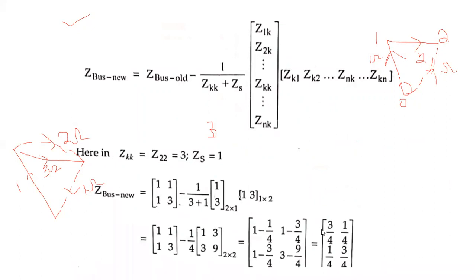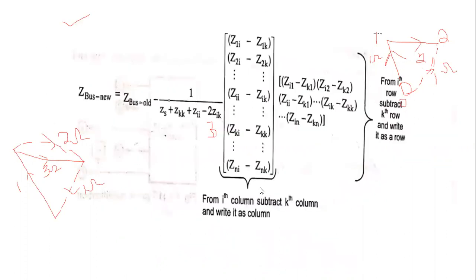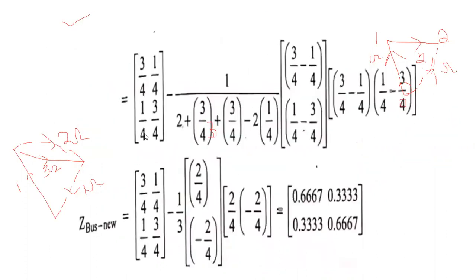What is the Z bus old matrix? That is 3 by 4, 3 by 4, 1 by 4, 1 by 4 and 3 by 4. This is the Z bus old matrix. Therefore, this is the Z bus old matrix minus 1 by